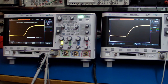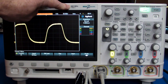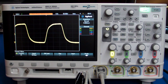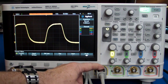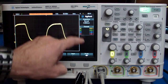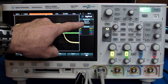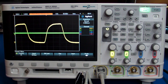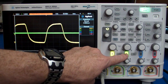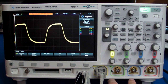And as with the 2000 series, the claimed 4 gig samples per second is only in interleave mode. What that means is if you're only using one channel, you'll get your 4 gig samples per second, as you can see here. But as soon as you switch in a second channel, you only get 2 gig samples per second. It drops in half. But one of the advantages of getting the 4-channel version is that because these are segmented,